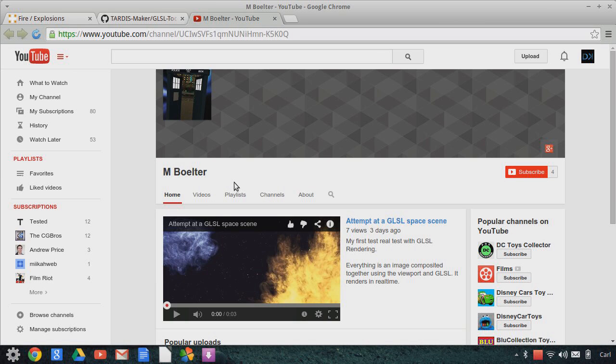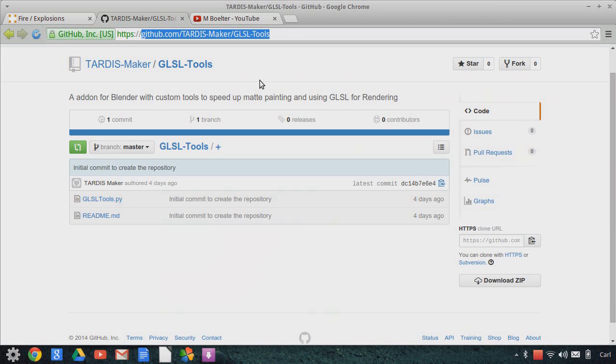So I just want to point you to this. I asked permission if he would allow me to do this, but he's created an add-on for Blender that is in progress. I think he's still working on this, and it's a GLSL Tools add-on, and you can find it at this GitHub location,